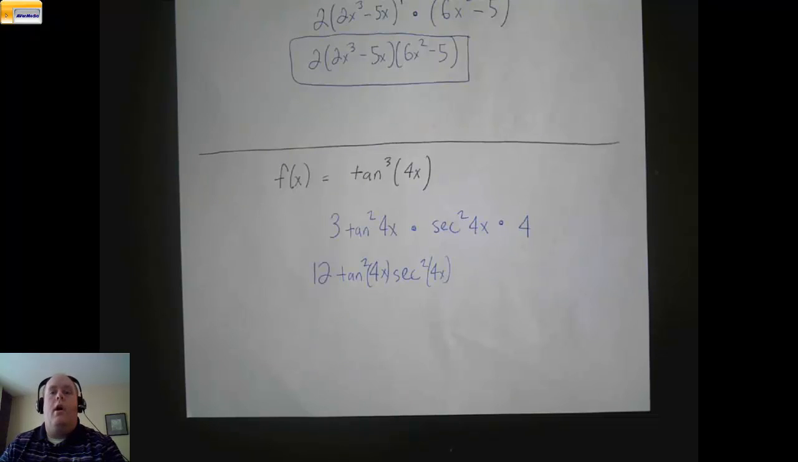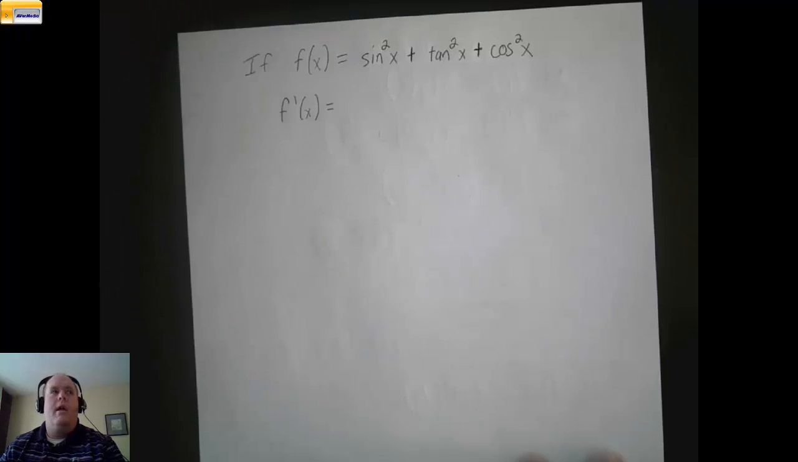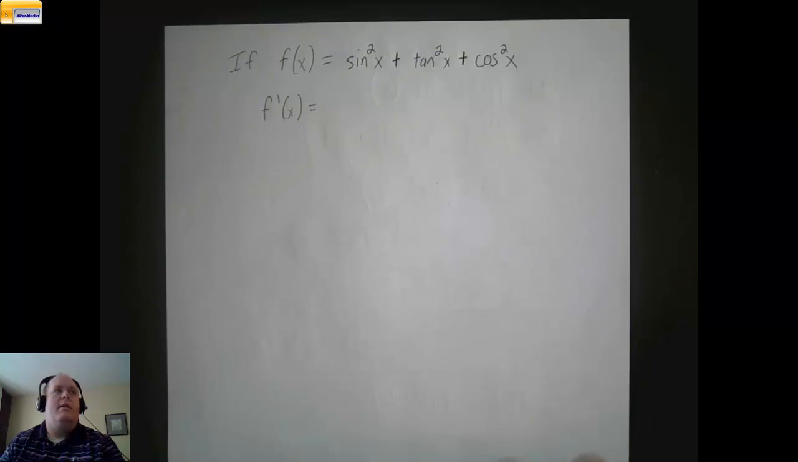All right, for the work that you are going to be turning in when you get back from Christmas break, which is rapidly approaching, I have one more problem for you. It's right up here. It says, if f of x equals sine squared of x plus tangent squared of x plus cosine squared of x, find the derivative of f of x. All right, I know you guys are going to be able to do that really well,